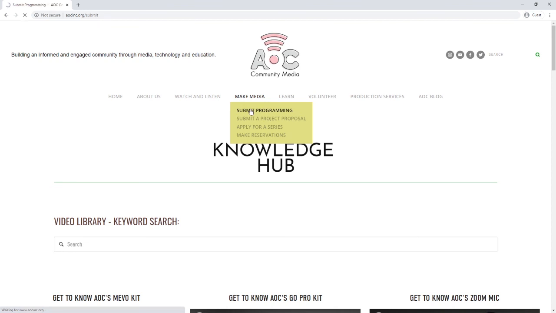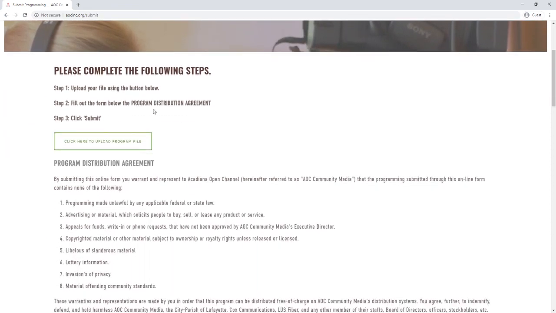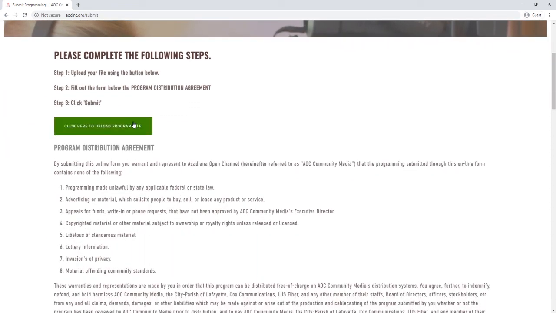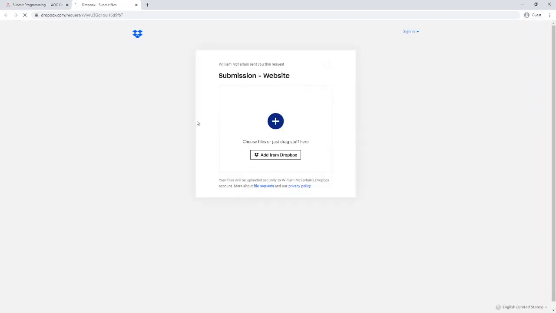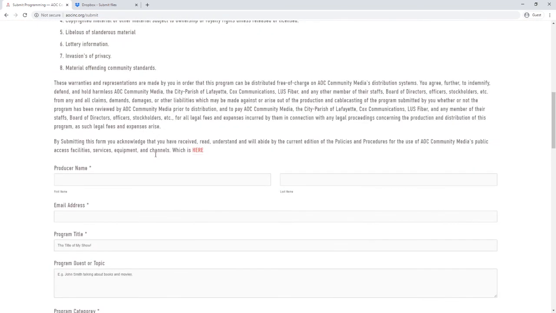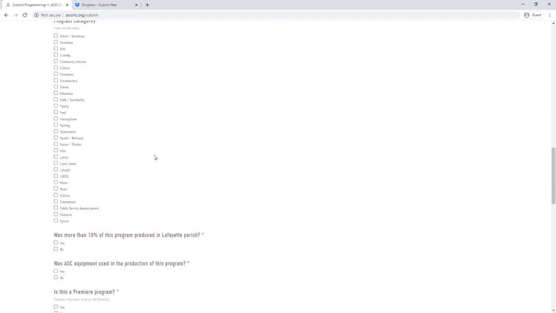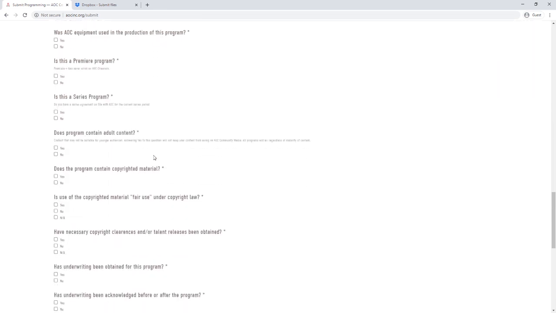We wanted to make it as simple and stress-free as possible so that more community members would be encouraged to really share that content, without any hurdles of having to do paperwork. So that's where you would go to the Make Media and then the Submit Programming button here. But there's also a lot more content on our website. So I would encourage you to peek through it and check it out to see what other services we do offer currently.